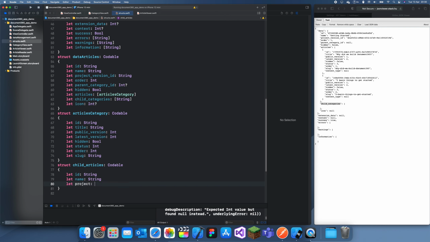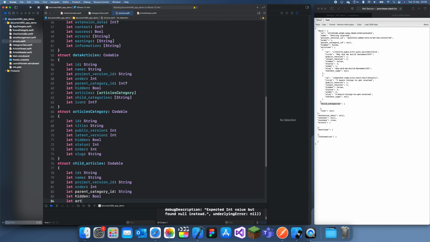So project version ID, string, order int, let parent category ID, string, let hidden, bool, let articles, string,